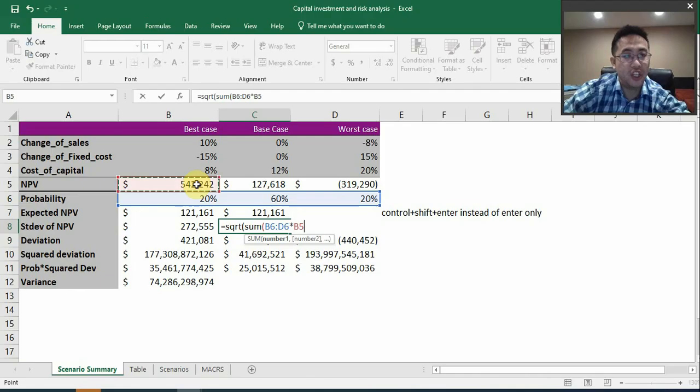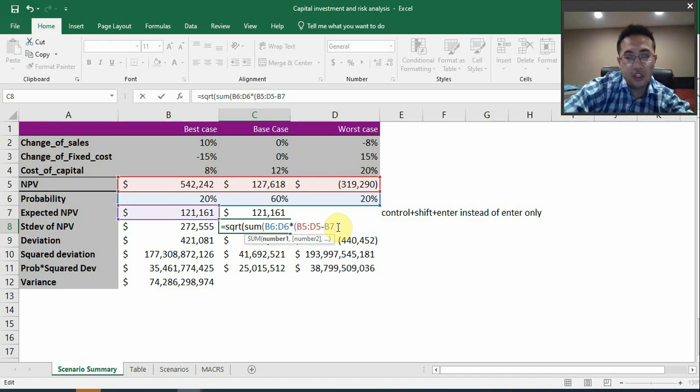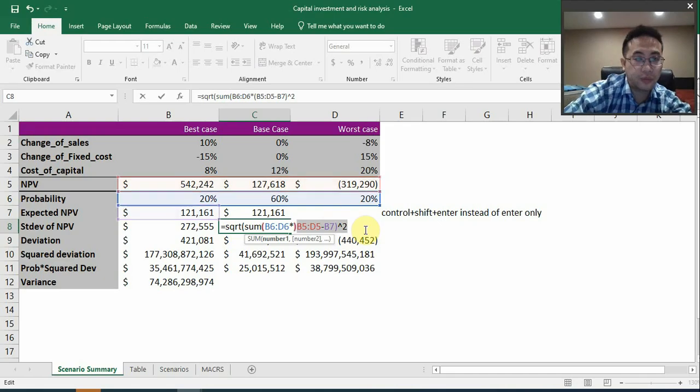So it's going to be each NPV. Okay, I'm going to select all of them. Each of them will be subtracted by the expected NPV. All right, and this is called a deviation. I need to close the parentheses, and then raise to the power of 2. So this part is a deviation inside the parentheses, and this part is a squared deviation. All right, and I'm gonna do this for each of the cases, for each of the columns here. Okay, oops. And then I will close the parentheses